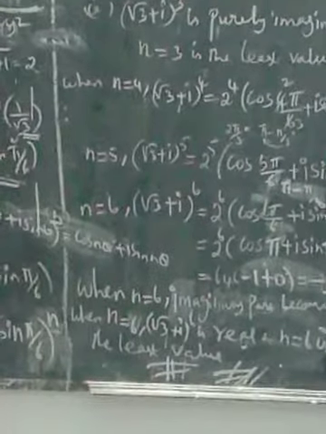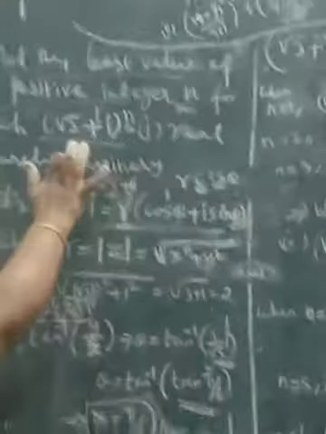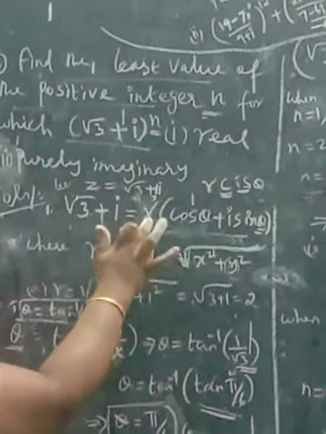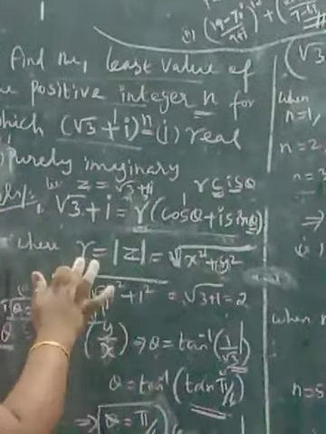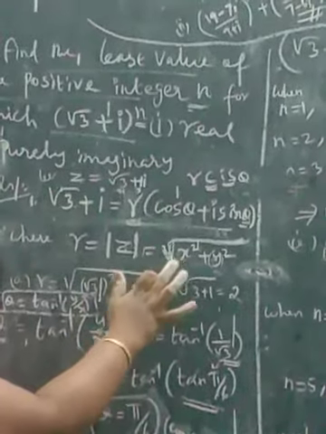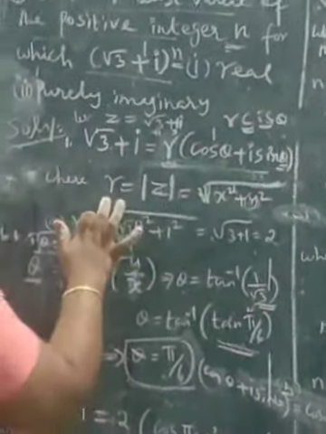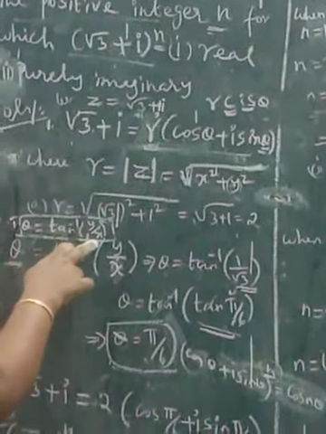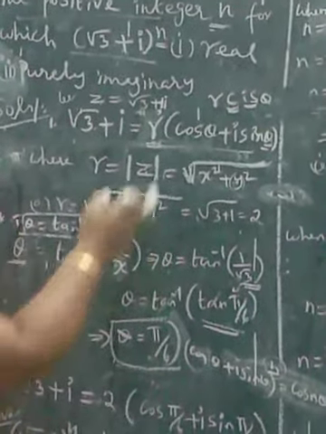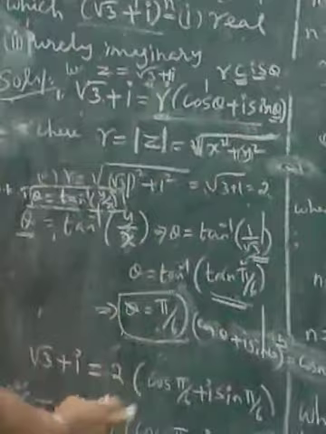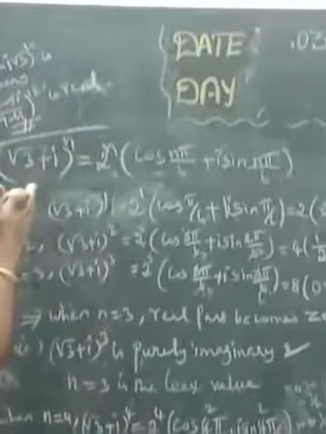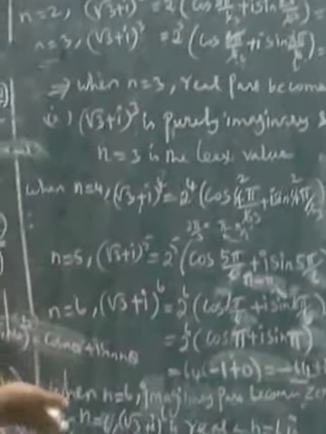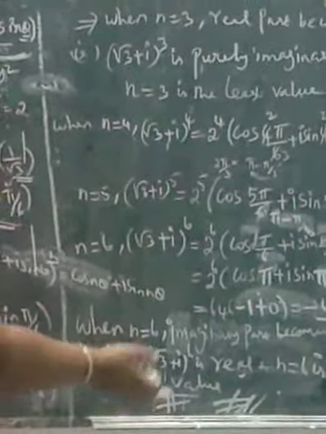Let me explain once again. One complex number is given. First you have to write its polar form. In that polar form you have to find r and theta, using the formula r equals root of x squared plus y squared, you find r. Then using the formula theta equals tan inverse of y by x, you find theta. After finding r and theta you substitute here. Just put values like 1, 2, 3, 4, 6 until you get a real or imaginary number. That is the concept.